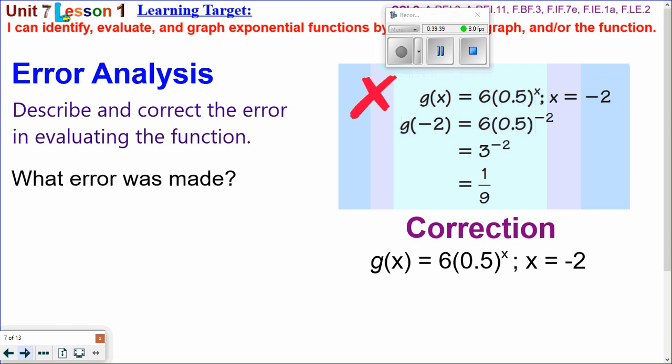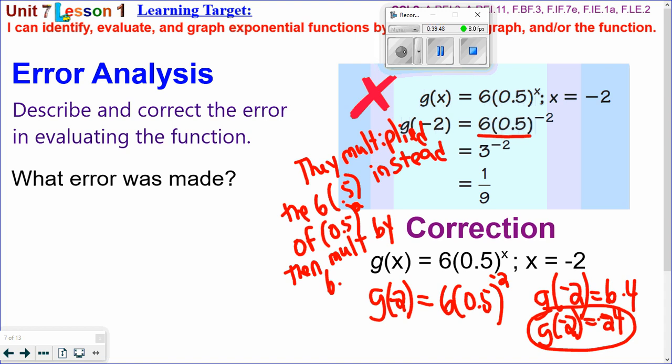And just see exactly what they did wrong. Press pause now. So what they did wrong here is just basically right here. You don't do 6 times 0.5. That's kind of like order of operations. So you learn that it's not 3 to the negative second. You do 0.5 times negative 2 first, and then, I'm sorry, 0.5 raised to the negative second power. And then you go ahead and multiply it by 6, just like on the bottom here in red,